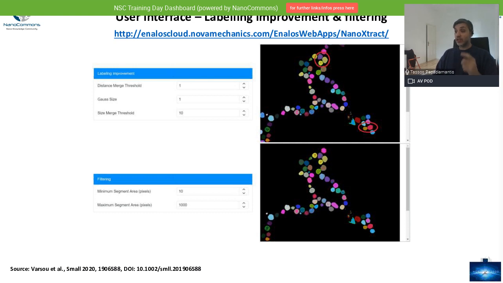And then the second to last step is the filtering step, in which we choose the minimum segment area and the maximum segment area in pixels, which means that we filter out anything that's below a certain value here, 10, and anything that's above a certain value here, 1000 pixels squared.